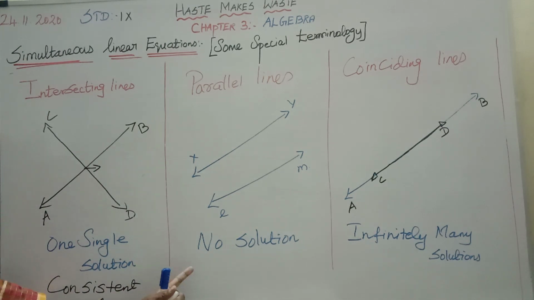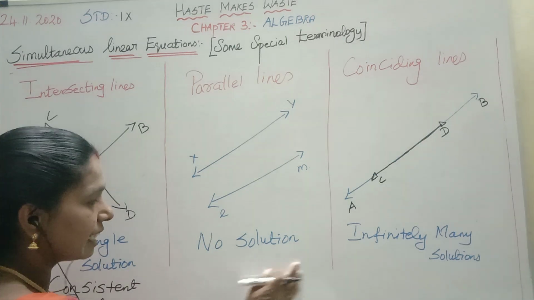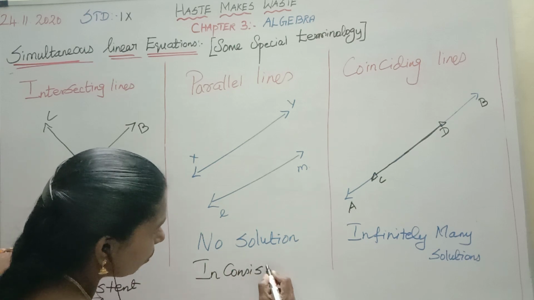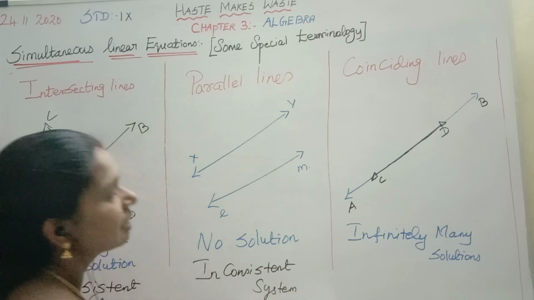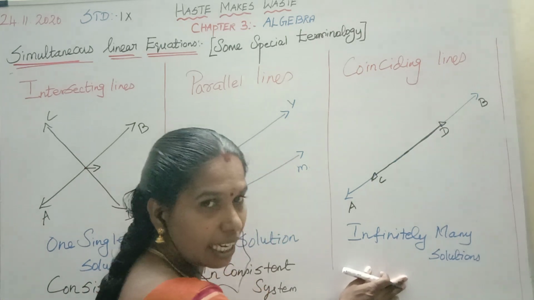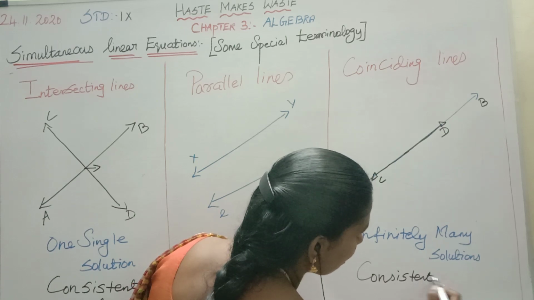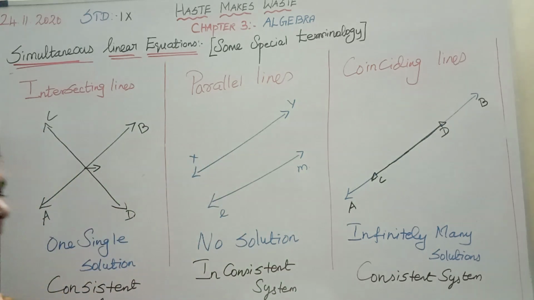And suppose it has no solution, that is, if you are solving a system of linear equations and you are getting parallel lines, this is called an inconsistent system. Then again, if you are getting infinitely many solutions, this system of linear equations is also called a consistent system. Next we are going to see in our second Roman how to define whether it is consistent, and how many solutions. Before that you should have this knowledge about this.